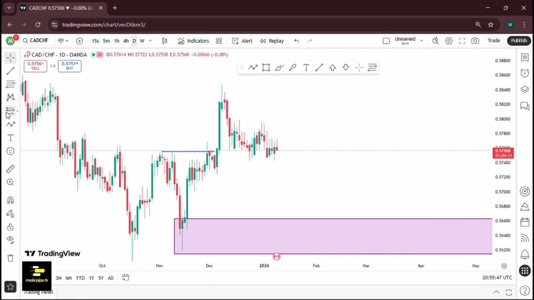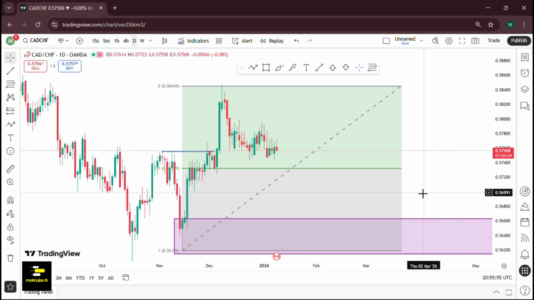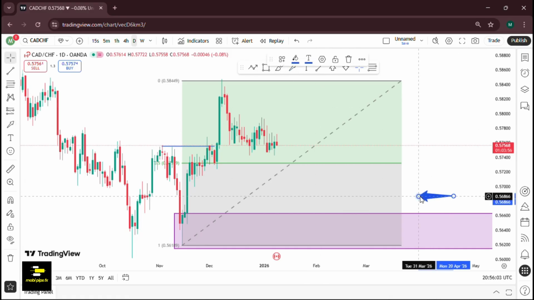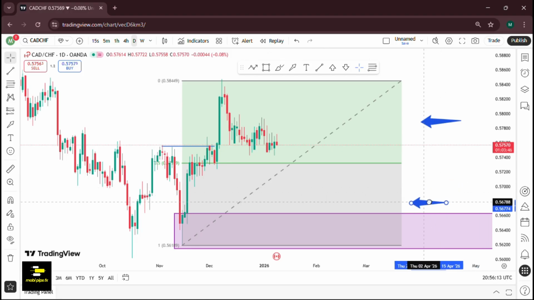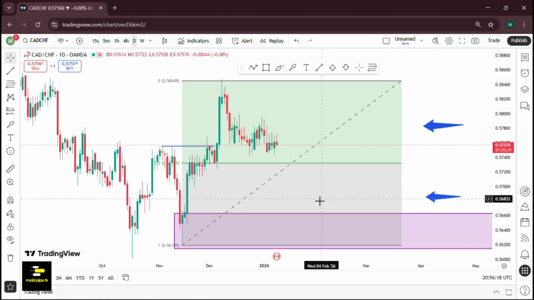We take our Fibonacci tool, then we mark out our premium and discount zone. So this is our discount zone, is right here. Our discount zone is right here, and our premium zone is right here. So we buy at our discount zone and we sell at our premium zone. That is why we go, and when price hits equilibrium,